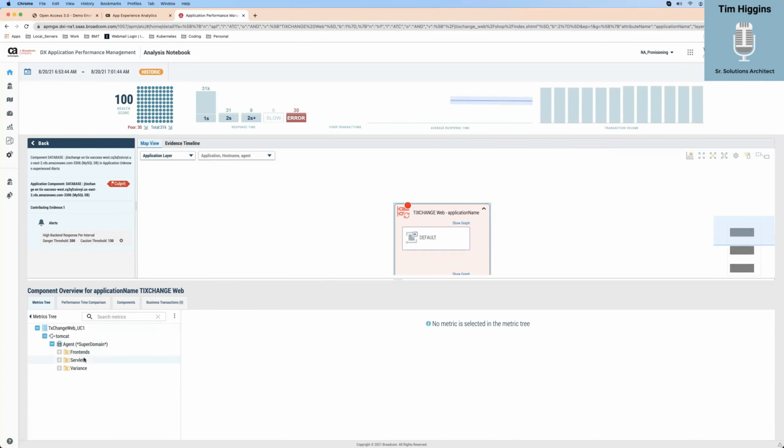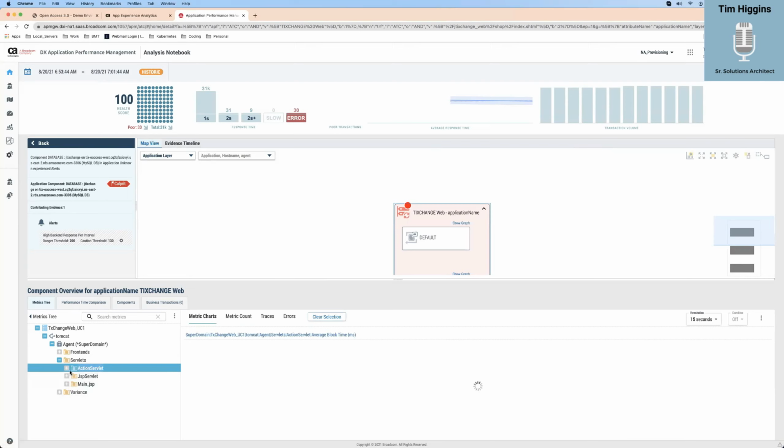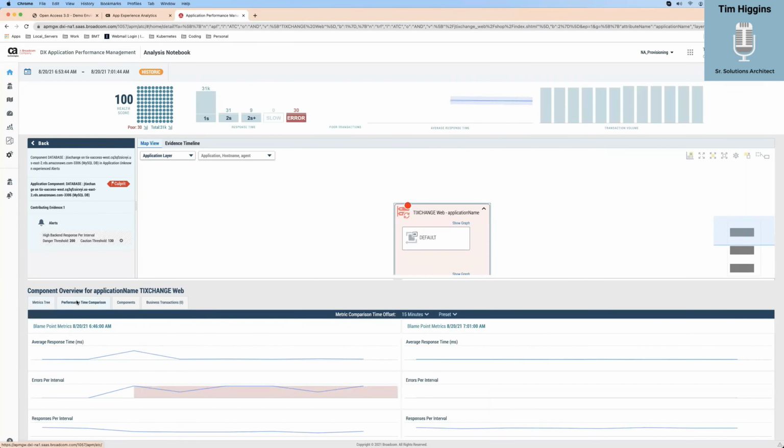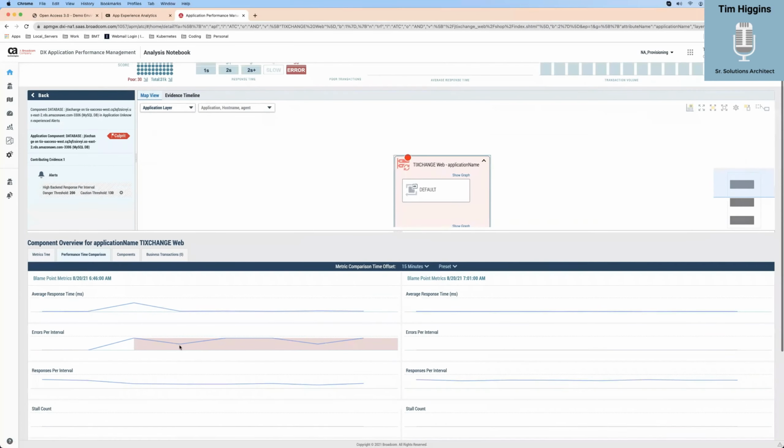Again, my metrics are loading. If I click on one of these, or let me dig in a little bit, I can begin to see the metrics that we talked about earlier. This is part of the debugging. The truth is you really don't need to debug, because we're telling you what to debug. Now, if I wanted a comparison, I can compare yesterday to today, or last week to this week. But I can see right now, I had an error 15 minutes ago that I don't have now.